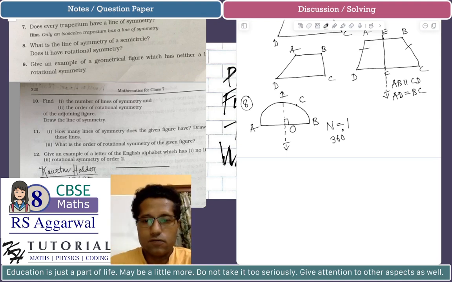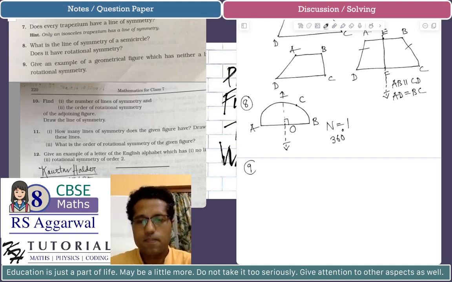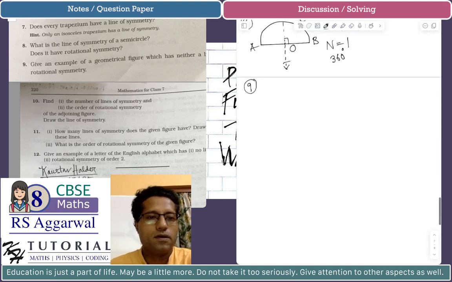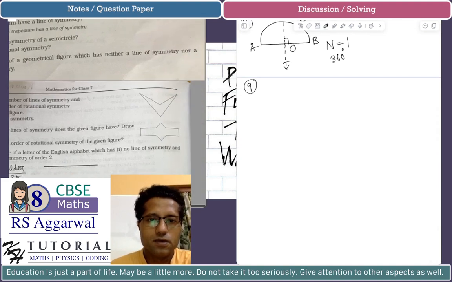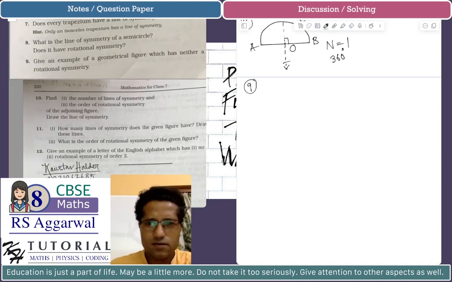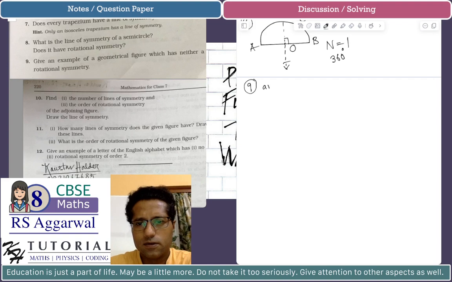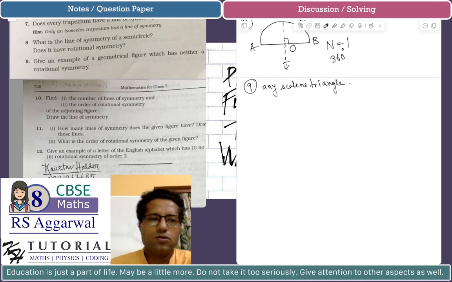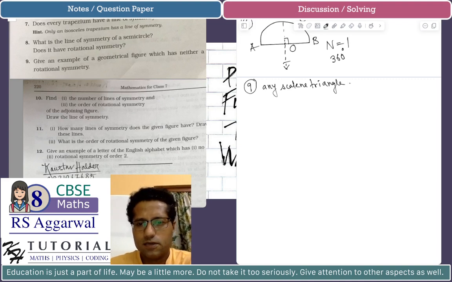Okay, question number 9. Give an example of a geometrical figure which has neither a line of symmetry nor a rotational symmetry. You can consider any scalene triangle. Any scalene triangle does not have any line of symmetry, and I think it also does not have any rotational symmetry. So let's say this possibly is a scalene triangle